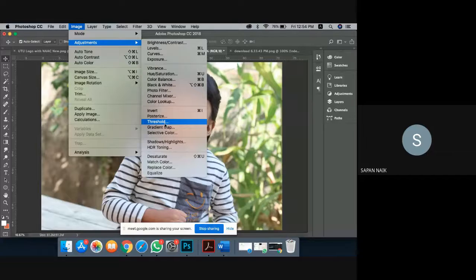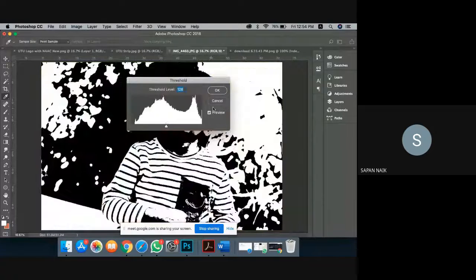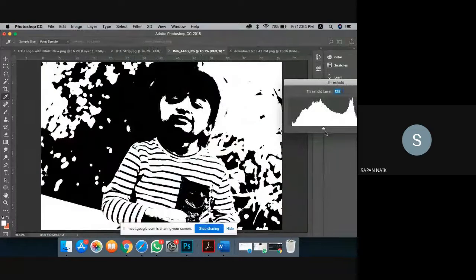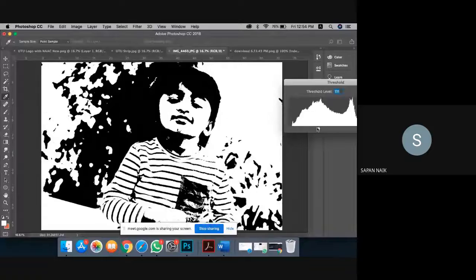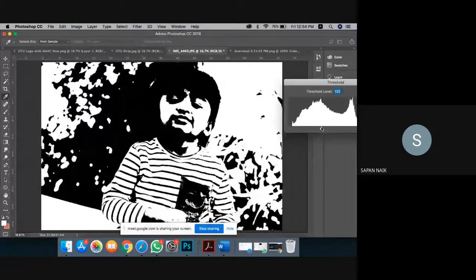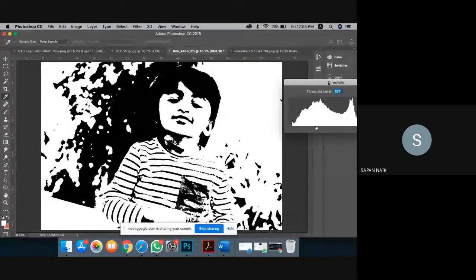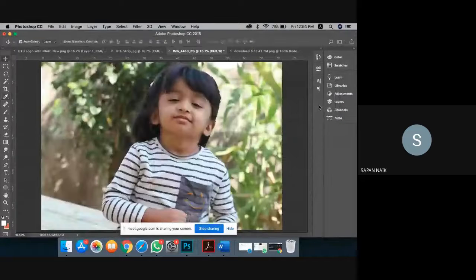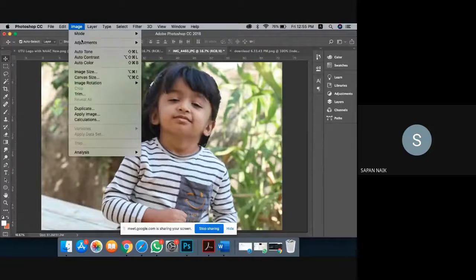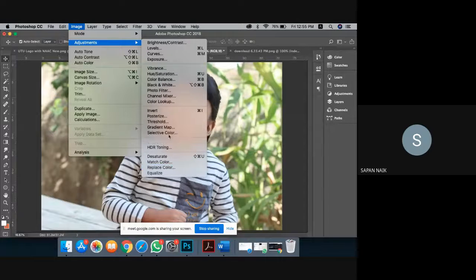If you want to convert your image into a black and white image, there is a tab called threshold. It will directly convert your image into black and white. So this is my black and white image. This is not a grayscale image. Make one thing clear in your mind, that there are three kinds of image: color image, grayscale image, where you have grades from 0 to 255, and black and white image, where all pixels will be 0 or 1. Here also you can do adjustment and make the colors black and white according to your wish. So this is all about the adjustments that you can do on your photographs to make your image look better.